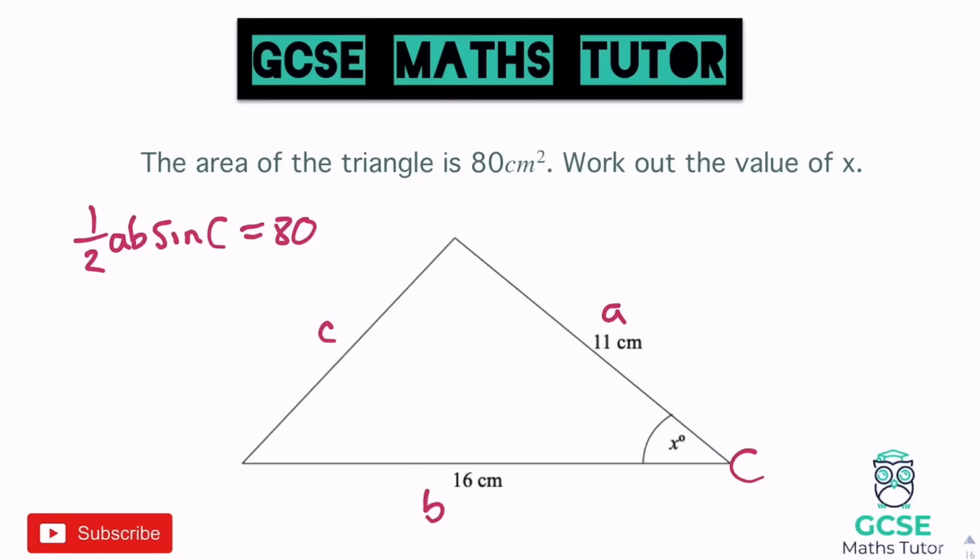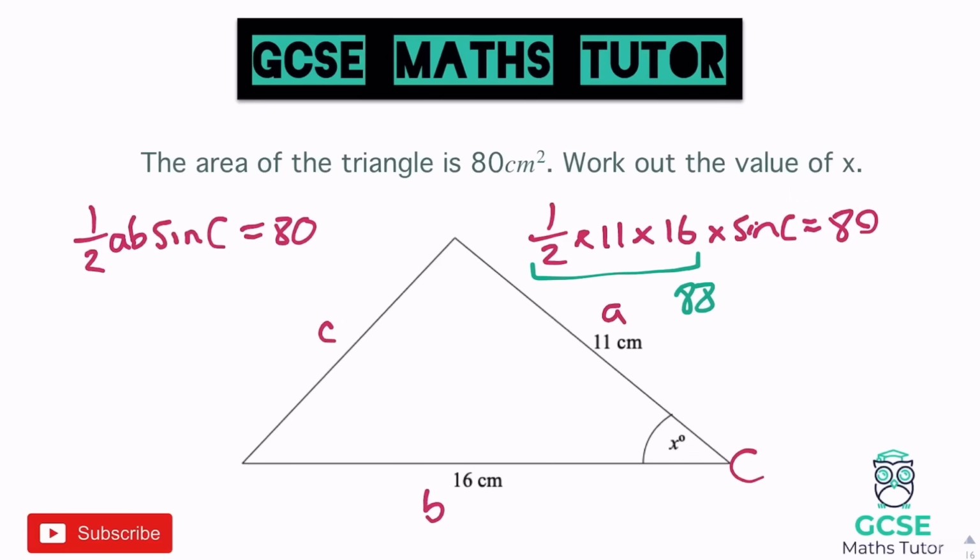So if I was to type this into the formula, we'd have a half times 11 times 16 times sine C, and it would equal 80. Now I can't actually work that out, but what I can do is I can work this bit out. So if I do a half times 11 times 16, we get the answer 88. So we have 88 times sine C equals 80. So we can rearrange this. Look, we can get both sides and divide them by 88, and that will just give us sine C on its own. So sine C equals 80 divided by 88,